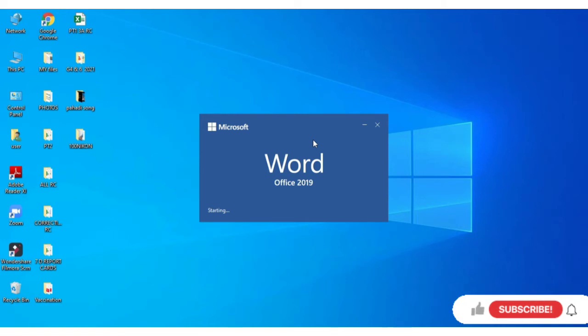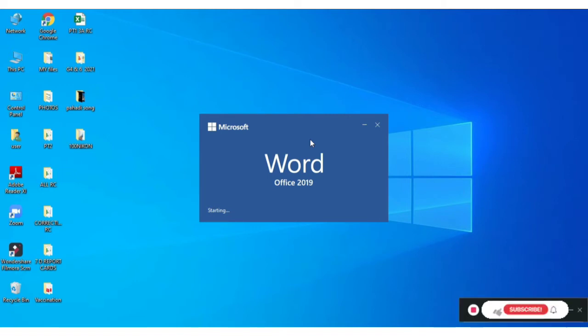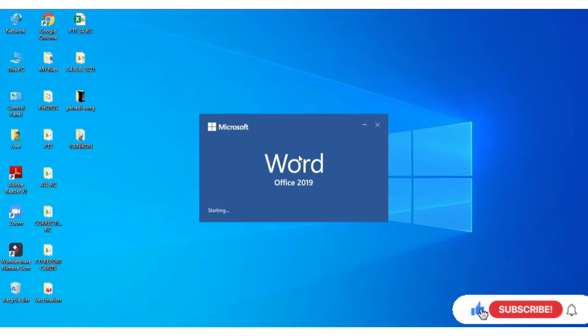So this is the alternate procedure, how we can create a Word document easily. Otherwise, to create a Word document, we can move to the search bar which is given at the right side of the start button or start menu.